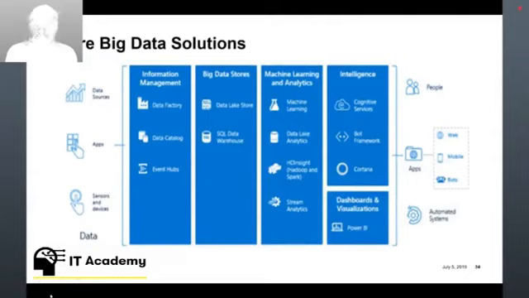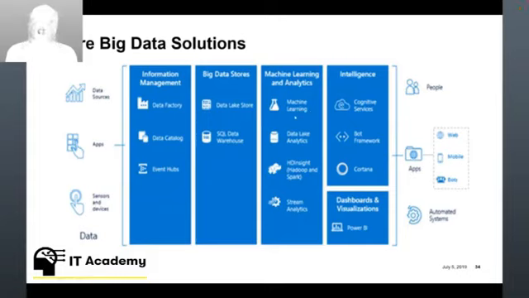Azure Big Data Solutions are based around, again, using a combination of components that are readily available within Azure. So we have information management offerings like Data Factory, Data Catalog, and Event Hubs. These are basically designed for processing and onboarding large amounts of information and cataloging them. Then we've got facilities for storing large amounts of data. So we've got this thing called the SQL Data Warehouse, which is a large, historical, analytically optimized data warehouse where we can store data. We've also got data lake storage, which allows us to store huge amounts of tabular data as well. Then we've got AI offerings that allow us to